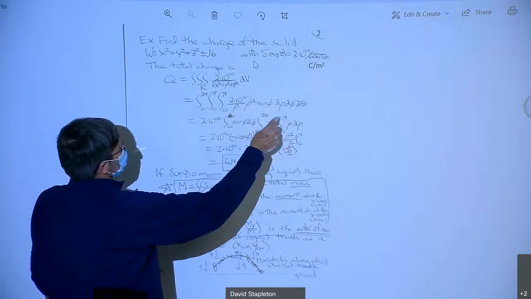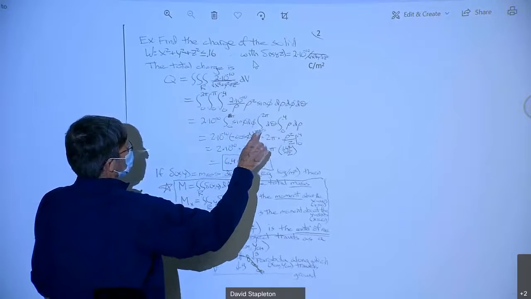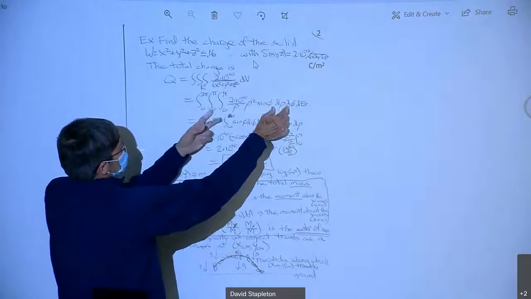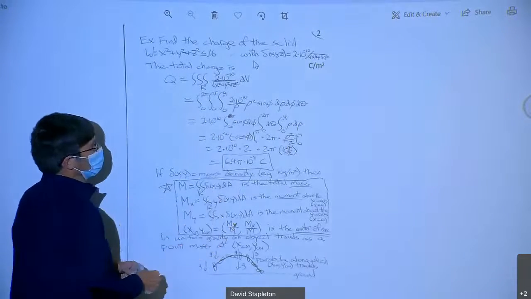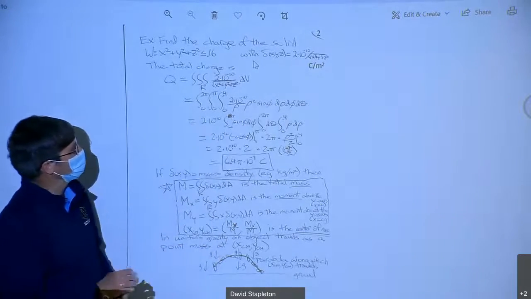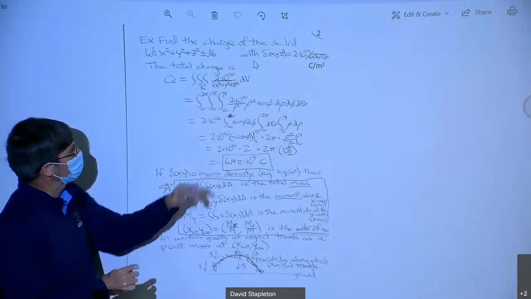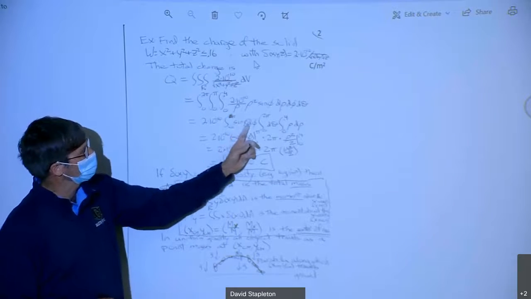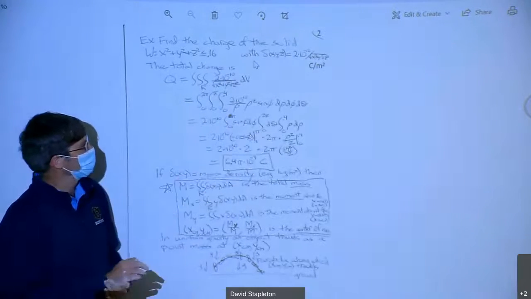The d theta can come right through because there's no theta dependence in here. So I just get the integral from 0 to 2 pi of d theta. And the sine phi needs to stay within the phi integral, from 0 to pi of sine phi d phi. So I can write this as a product of 3 integrals, since we're lucky enough to have endpoints that don't depend on the variables, and an integrand that splits up into a product of a function of phi times a function of rho. Now I just have to do these 3 integrals